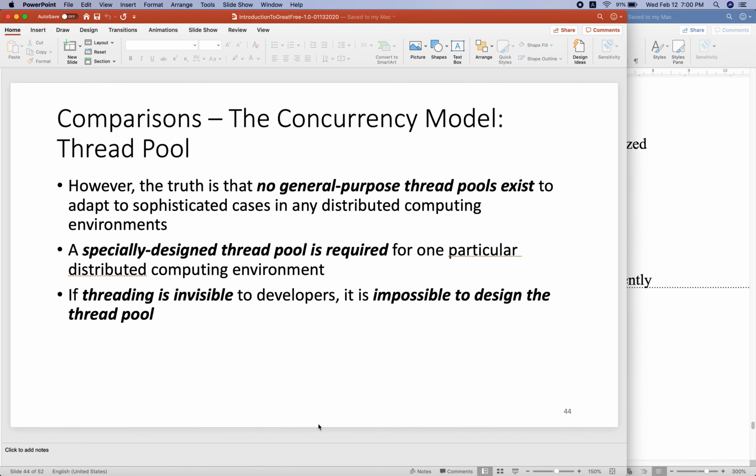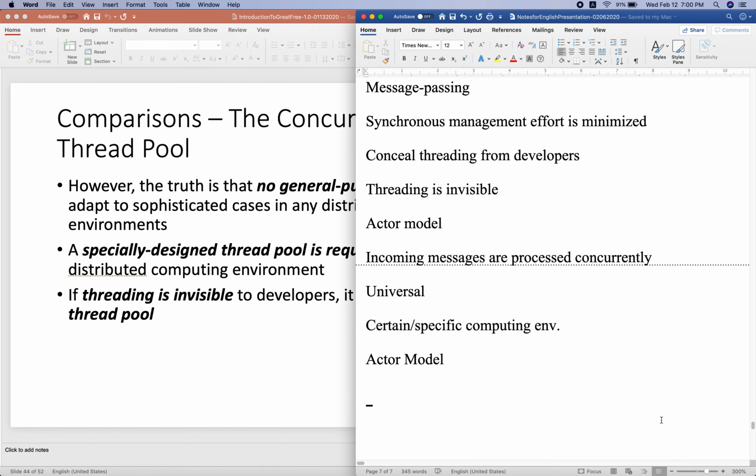However, from my point of view, I don't think this model is universal, or generic. Generic means, as I mentioned many times in previous lectures, we can use one programming model to do anything, to cover any specific scenarios over the internet.